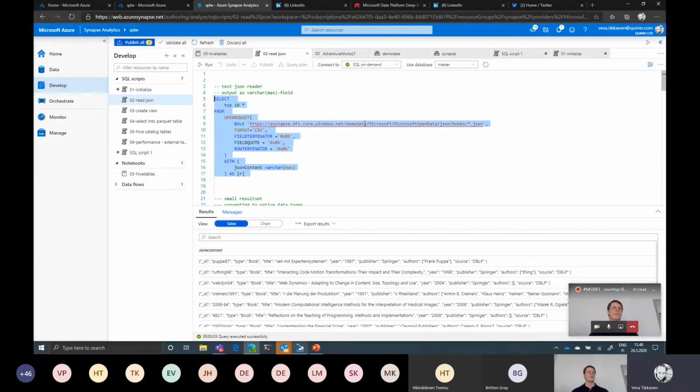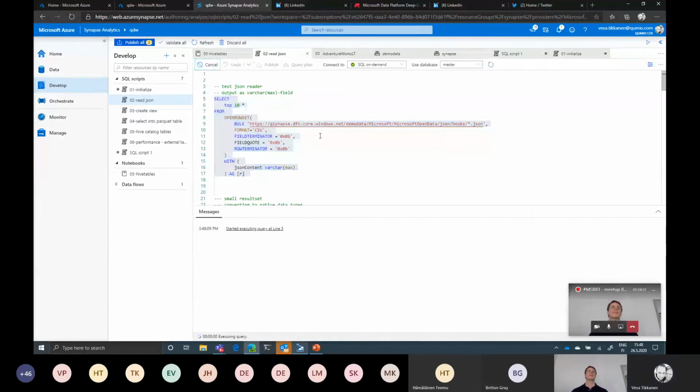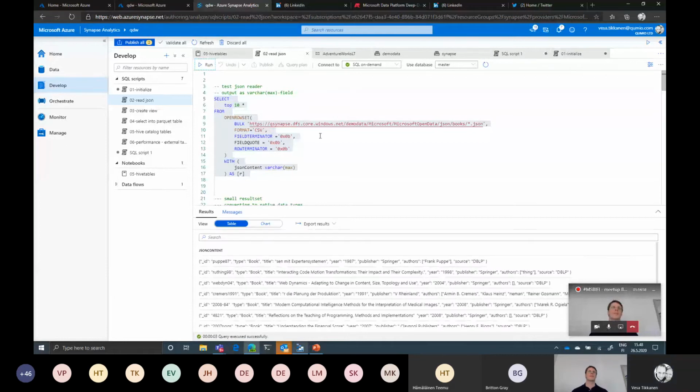And now when I have a pass-through credential against the demo data share, I can run a query that selects from the source. Currently, this is something that probably will change, but as said earlier, Microsoft had the T-SQL syntax in their hands, and with those building blocks they needed to start building a new offering. And what it meant is that, for example, the OPENROWSET needs certain parameters or certain hierarchy,